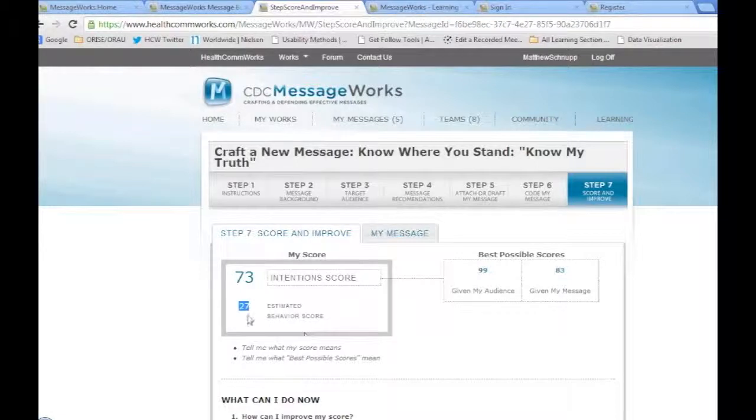The estimated behavior score, like Dr. Keller mentioned, is a translation of that score into what you could expect a particular population to act on those intentions. And in this case, 27% would be expected to take some sort of action. You actually pick up the magazine to look at the ads for testing, or you might actually engage in a conversation with your partner, or you might go and look for something online. So what you can see is that right away, in 10 minutes, you have 2 scores that can help you identify whether or not this concept is one that might work well, but also how you can improve it.